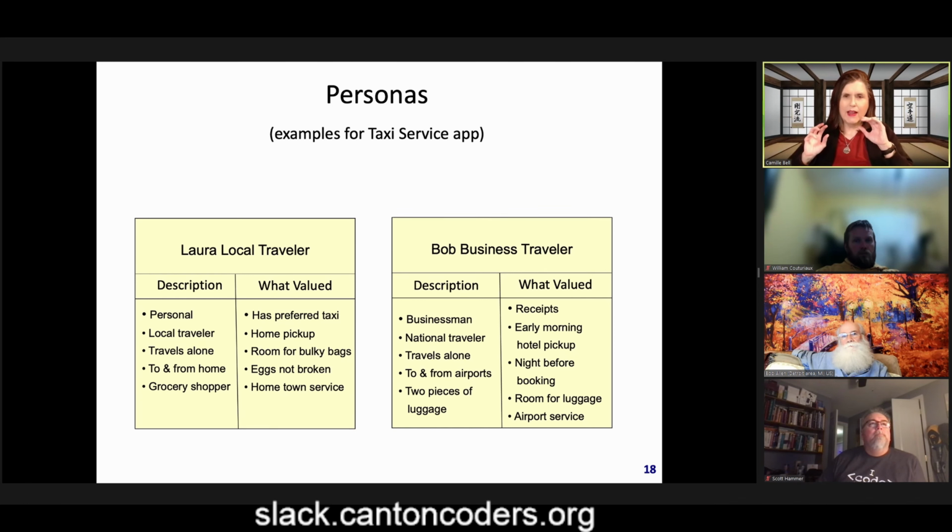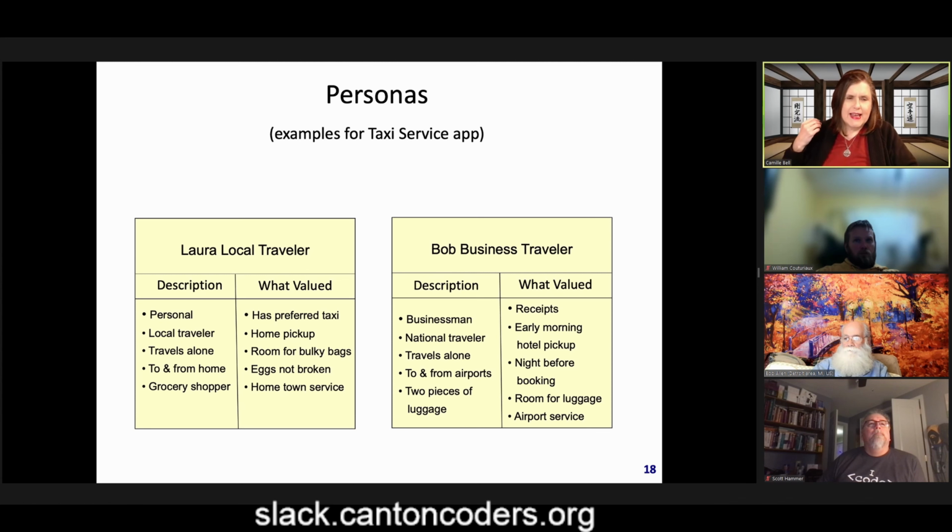By the way, I like to alliterate the names of these personas, because there's more than one type of person that uses your app, and it's really easy to remember the name if it's alliterated. I picked that up from David Hussman, who maybe invented it, maybe picked it up from someone else. Anyway, so Laura,